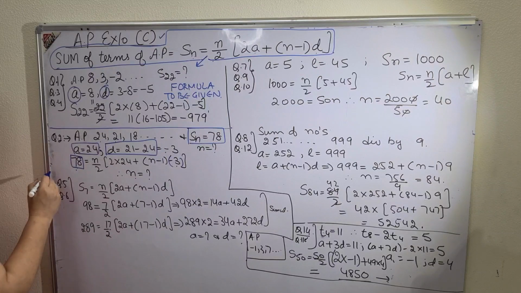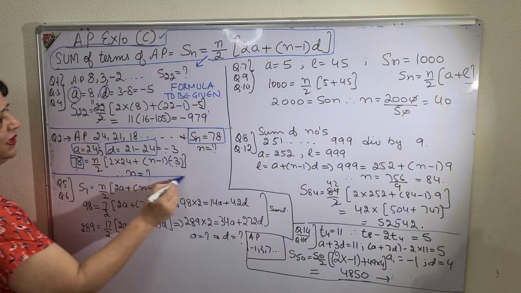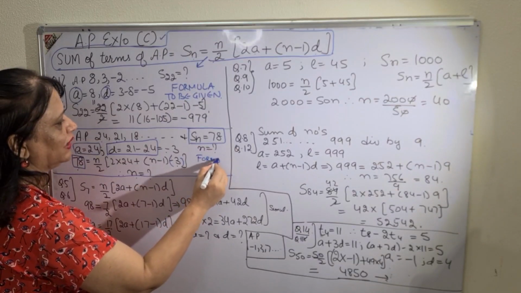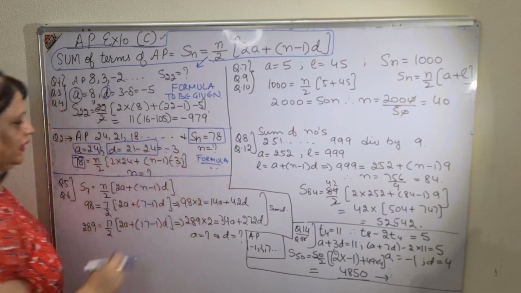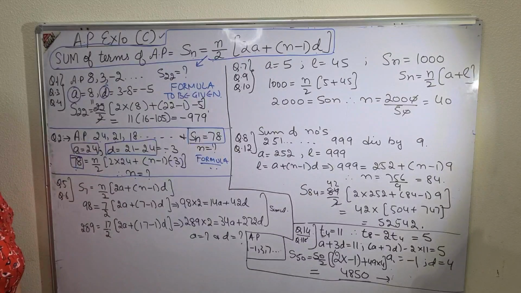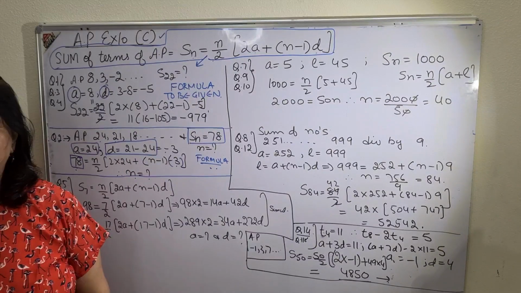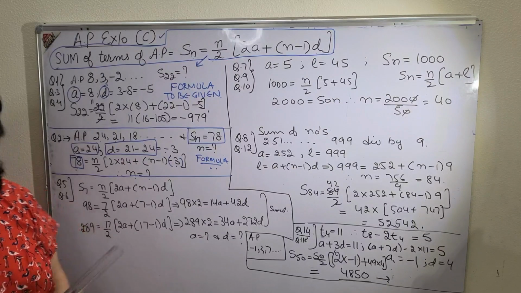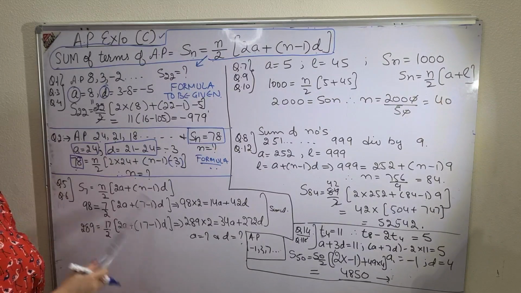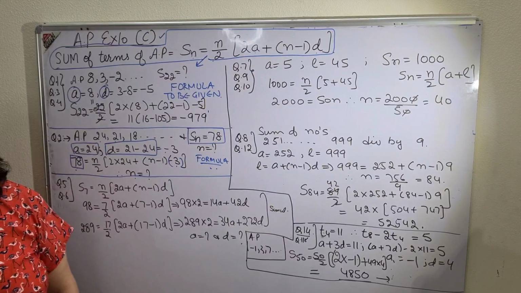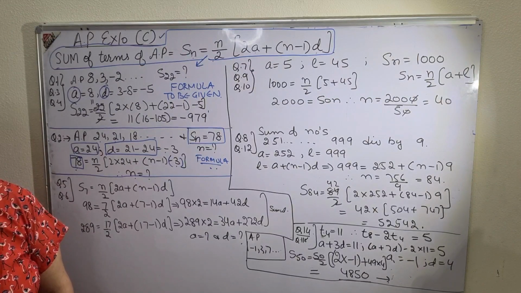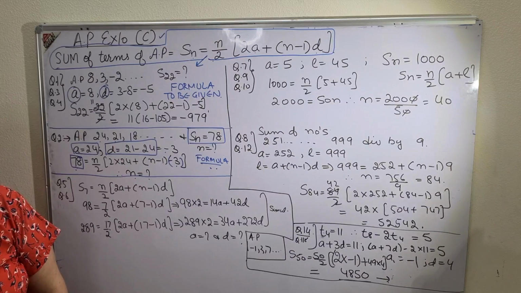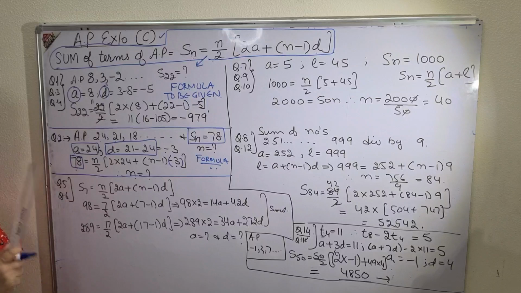Little difference, but this type of sum also we have done before, only the change of the formula. Again I am writing here formula to be mentioned. Then come to question number 5 and 6. Again children, they are same. I have told you before also, I am trying my best to give you the hints of each and every sum. That is why I am writing within the same type, so that when you do the sums you don't have any problem. Question number 5 and 6 are same, so I do the sixth sum.